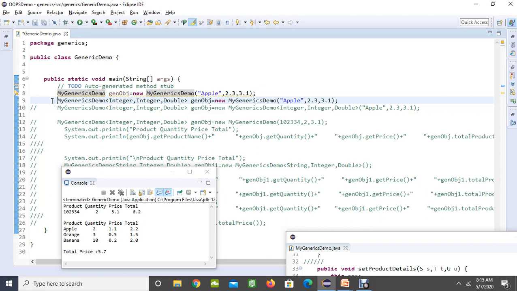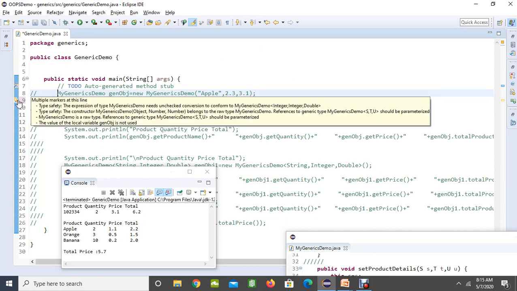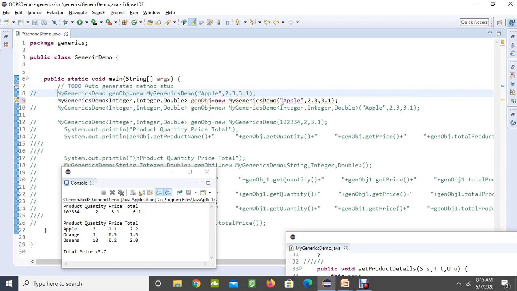And here I have created an integer, and again I have created another object. Let me comment this. Now you can see it is still going to accept. I'm saying it like an integer, but I'm not confirming over here. That's why it is going to accept apple. Even though the user wants an integer, the string value is going to be accepted. If you perform any operations on this integer value, then it is going to produce a runtime error.